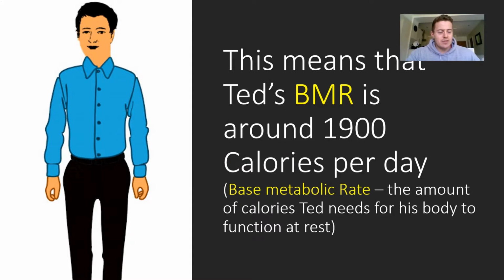When it comes to calculating calories, the first thing you work out is your BMR. This is your base metabolic rate, which is how many calories your body requires in order to maintain itself at rest. So if Ted or yourself was lying in bed all day, doing nothing but eating, your BMR would be the amount of calories you need to eat to basically survive or maintain your body weight,